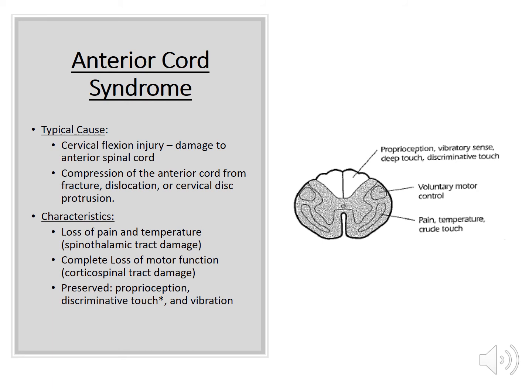So similar to your CVA lecture, you have to be aware of what areas are responsible for what functions within the body in order to know how your patient is going to present. So here, the damage is to the anterior cord, so the posterior columns are spared, so that's why the proprioception, the discriminative touch, the kinesthesia, the vibration sense are all going to be preserved because that area is not being affected with this type of spinal cord syndrome.